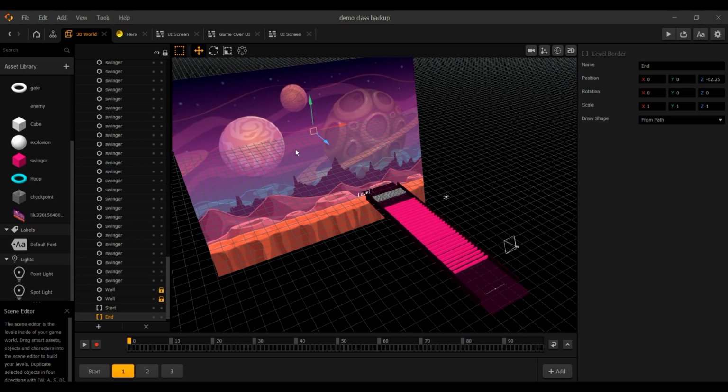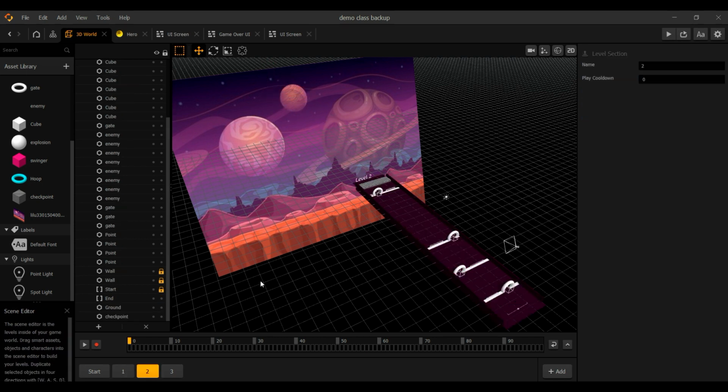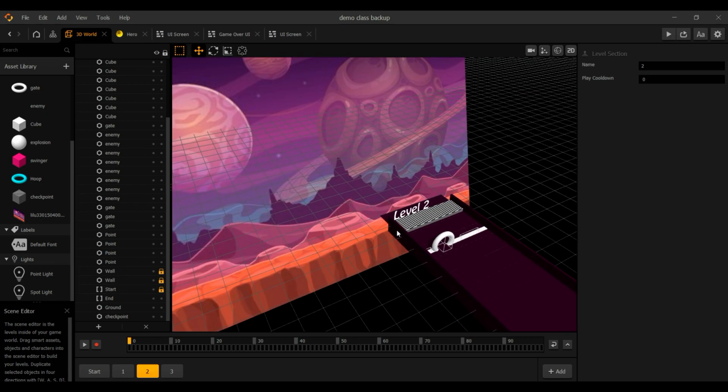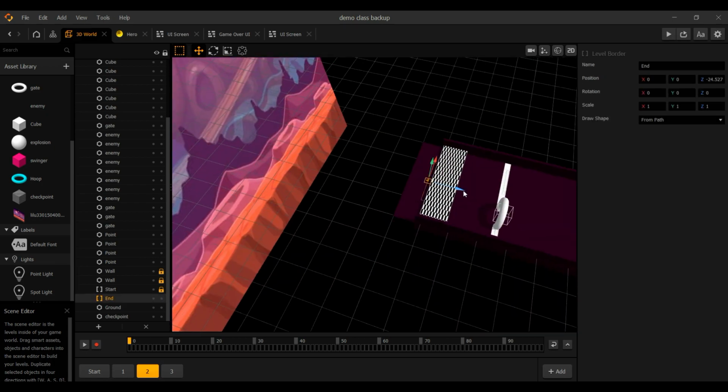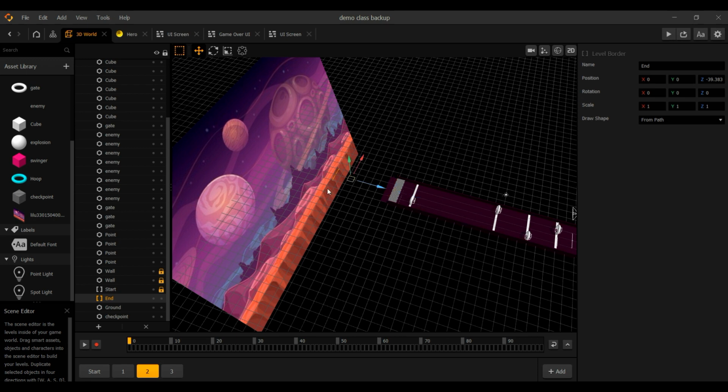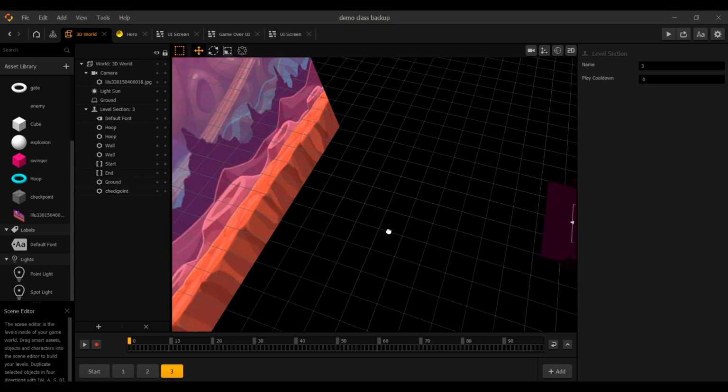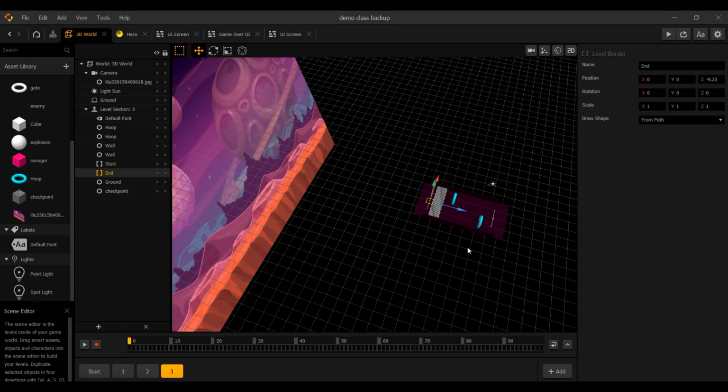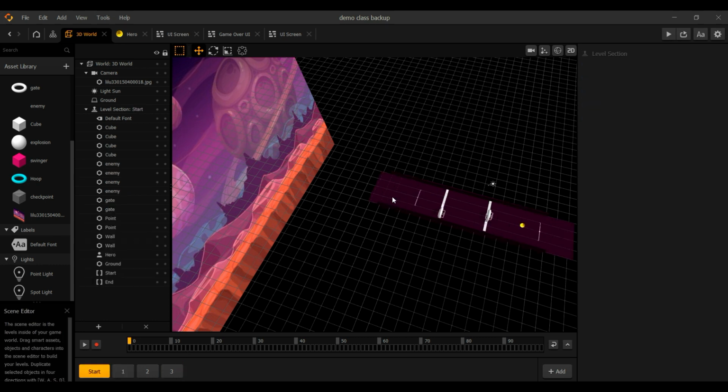We just have to reposition this further, move this further, and again in level 2 we select the end point and set it here, and again jump to the third level, select the end point and place it here. Now when you play this again,